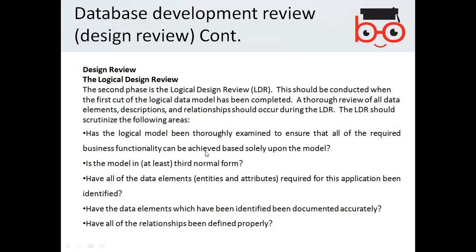Logical review is basically the database design review where you select the number of tables, the number of entities, the number of roles, and the number of associations, and you want to make sure that all of the functionalities in between, whether the data and the tables are normalized, or whether they have any abnormalities. If they have, then you bring the databases or tables into the first normal form, second normal form, and third normal form that we discussed earlier.